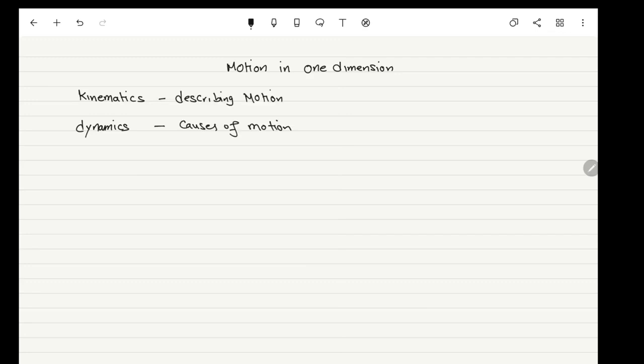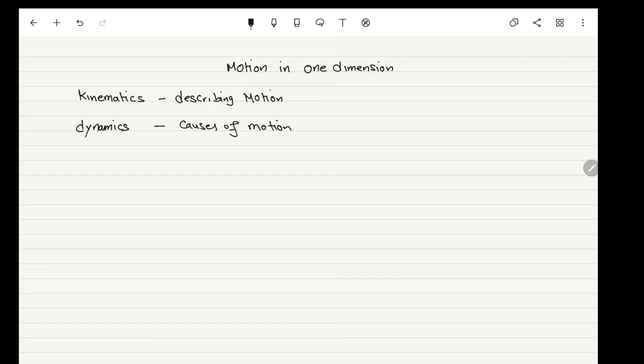To continue with college physics series, let's discuss motion in one dimension. Mechanics is divided into two parts, kinematics and dynamics. Kinematics is concerned with describing motion, while dynamics is concerned with the causes of motion. In this lecture, we will discuss describing motion, kinematics, while later on we will discuss dynamics or the causes of